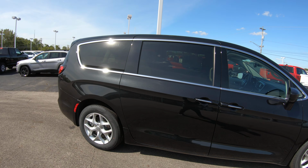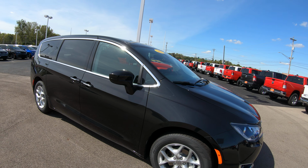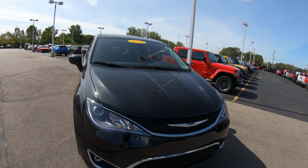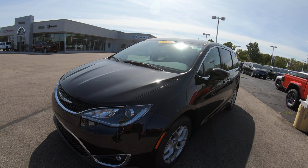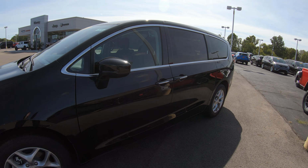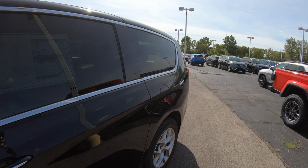This vehicle is equipped with a 3.6 liter Pentastar motor that's going to get you on the highway nearly 30 miles per gallon, which is phenomenal in a full-size SUV or a full-size van. This van, also with that 3.6 liter motor, has been tried and proven. It's been around since 2011, and they've been using it in multiple different models throughout the Chrysler, Dodge, Jeep, and